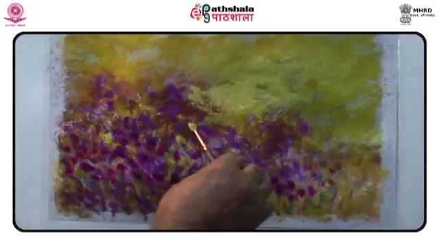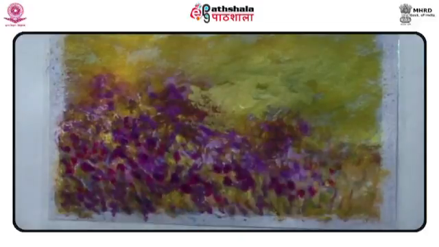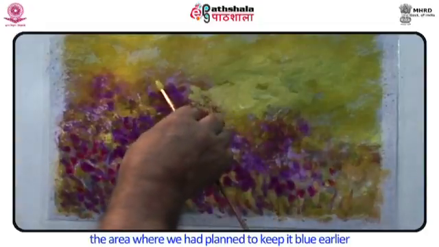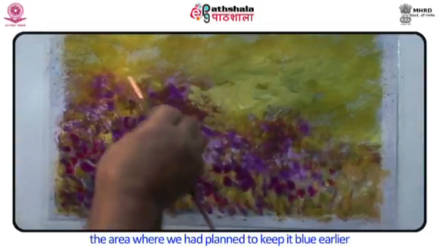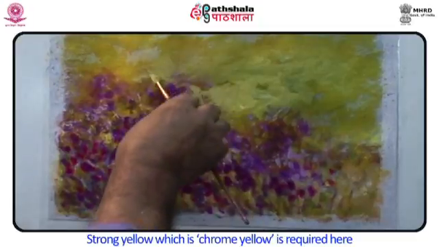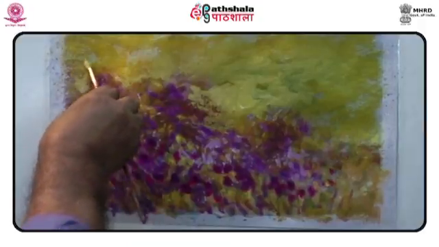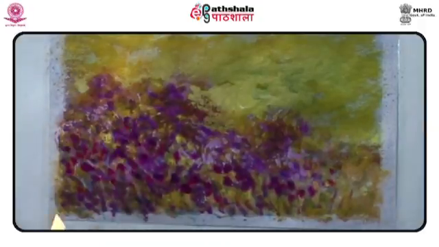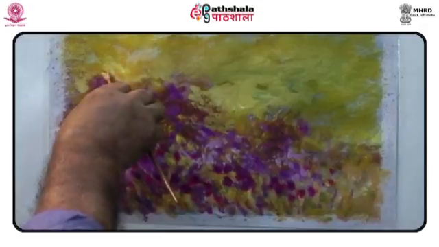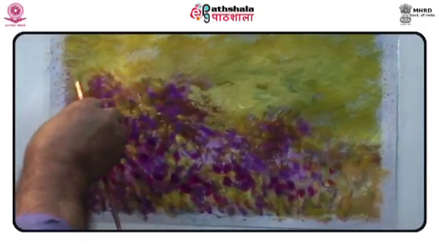Here we will try taking a strong yellow and painting in the middle, the area where we had planned to keep it blue earlier. A strong yellow, which is chrome yellow, is required here. This strong yellow is applied over the blue and spread well in most of the sky, leaving only a few